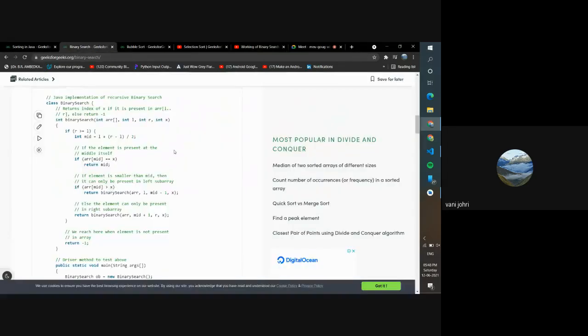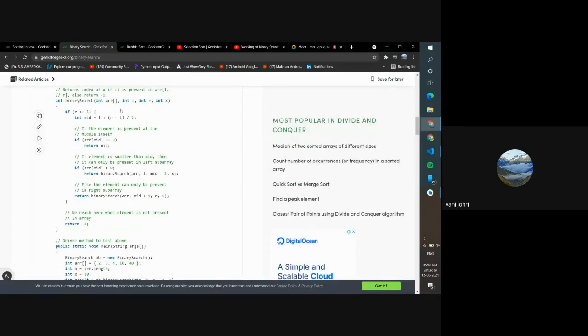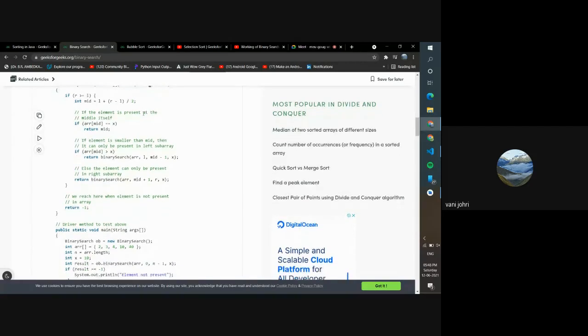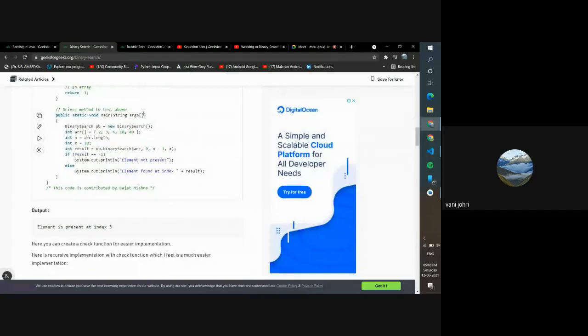So, how do you go about writing it? You need three things. You need an array, you need the length of the array, and then R. They've taken R and okay, they've done it that way. Let's see it where.